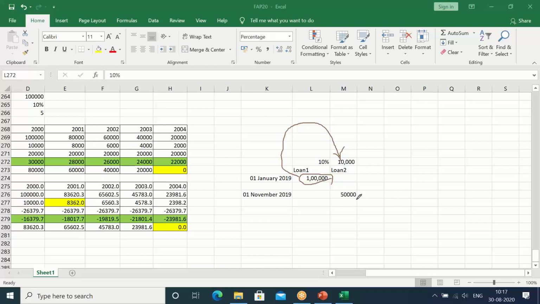Any doubt to this point? And for the remaining 50,000,